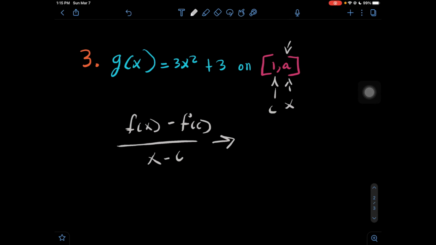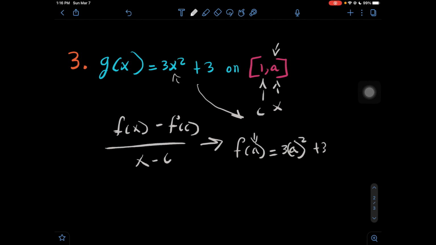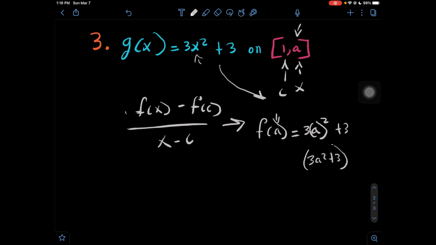So we have f of x, and our x value is a, so we have f of a. We substitute an a as our x value into the equation, meaning that we have f of a equals 3 times a squared plus 3. We're just following this form up here and substituting a in for x. This can't be simplified, so f of x becomes